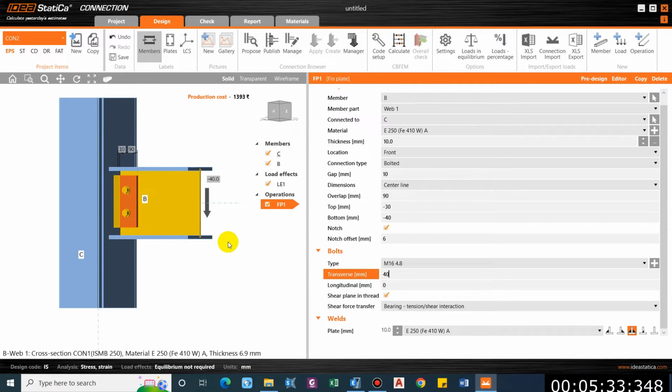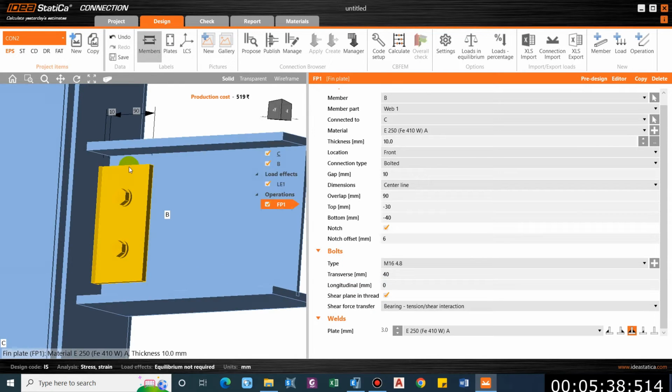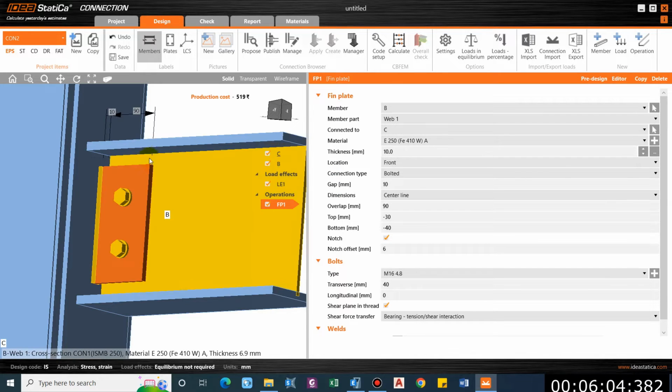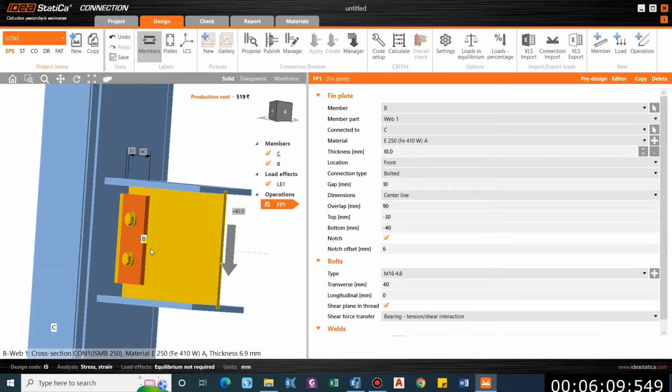So the pitch of the bolt should be 40 mm, that is the minimum pitch. So we have to consider this distance, that is the end distance, which should be minimum 1.5 times the diameter of the bolt. Considering a 16 mm bolt, 1.5 times 16 comes as 24. So this distance should be 24 mm, and the length of this plate is equal to